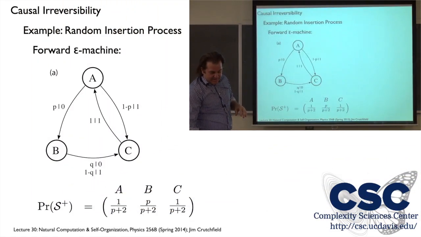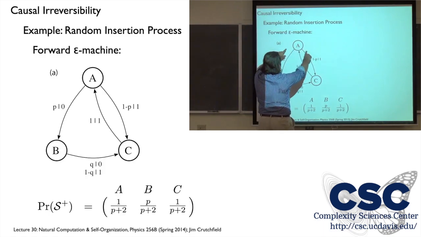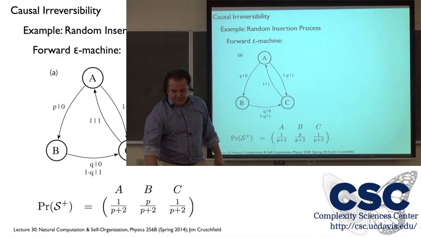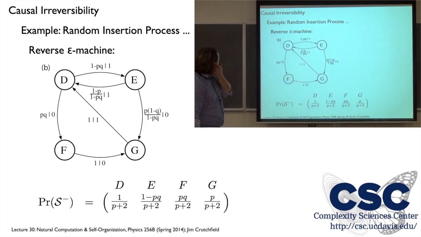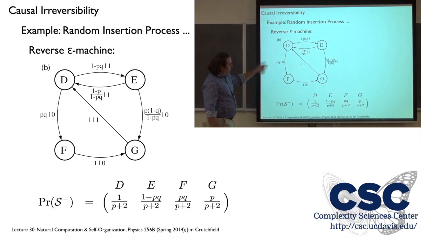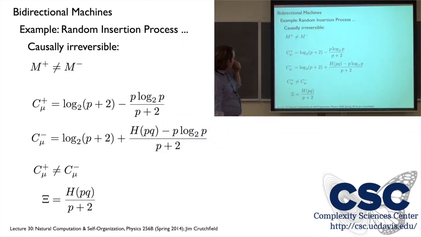Another example that I mentioned results for before was this random insertion process. Flip a coin. If it was a 1, just copy a 1 back. If it was a 0, flip another coin and then insert, and then come back on a 1. So it's randomly inserting extra bits. We can do this one in closed form if we put the bias parameters P and Q in, contract this through, calculate the reverse machine, which last time we noticed had 4 states, calculate its asymptotic state distribution,